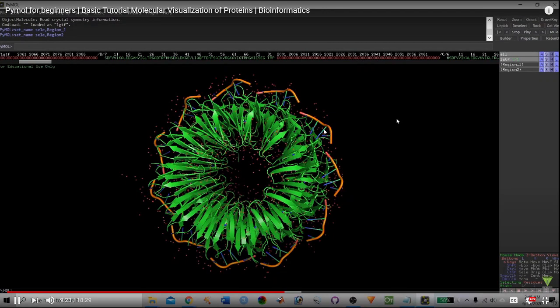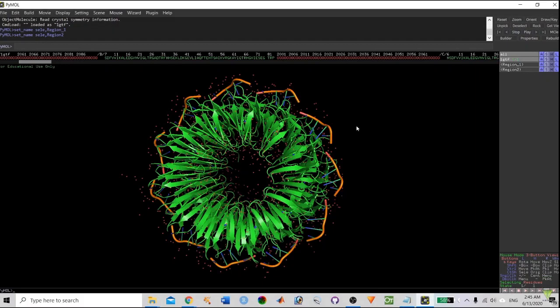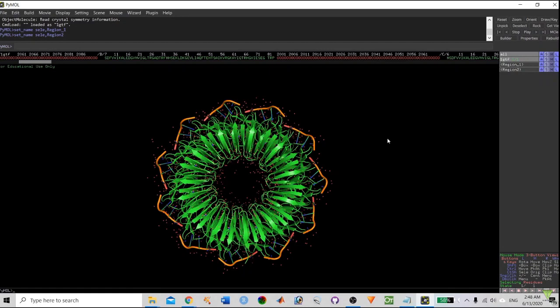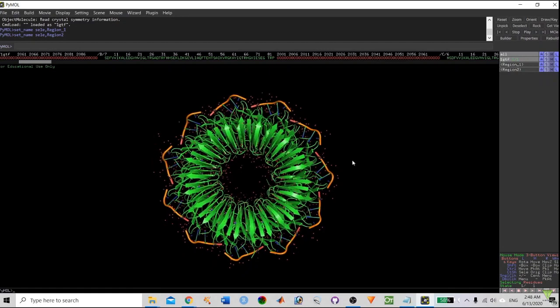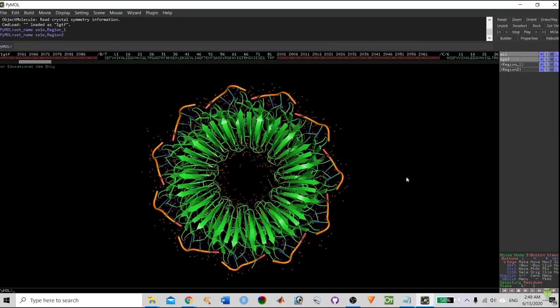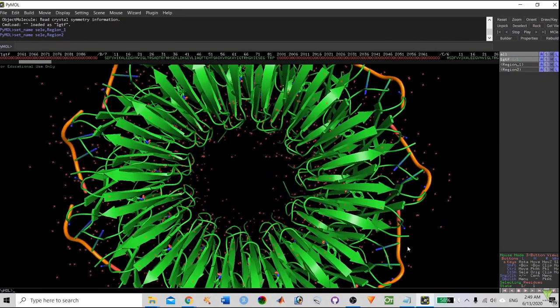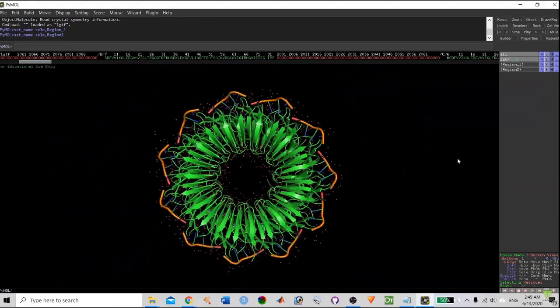Mouse options are available. This is very important. When we are working with PyMOL, you have to learn the mouse options. There are four basic options available using the mouse in PyMOL. The first one is the left click. So if I zoom in and zoom out, okay, just hold the left click, you will find the zoom in and zoom out.